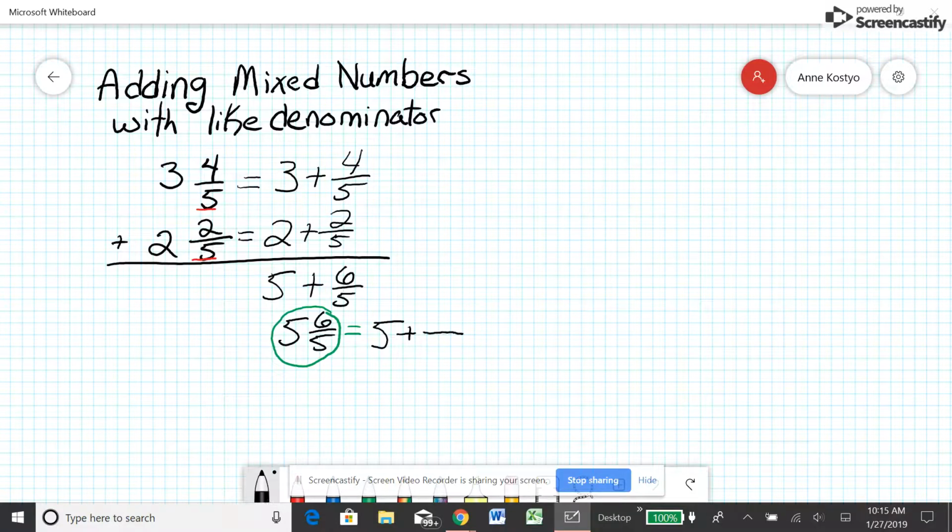I know my denominator will stay 5, but I can get 6 in many different ways. I can get 6 by adding 5 plus 1. So if I look at this, I can rewrite it as 5 plus